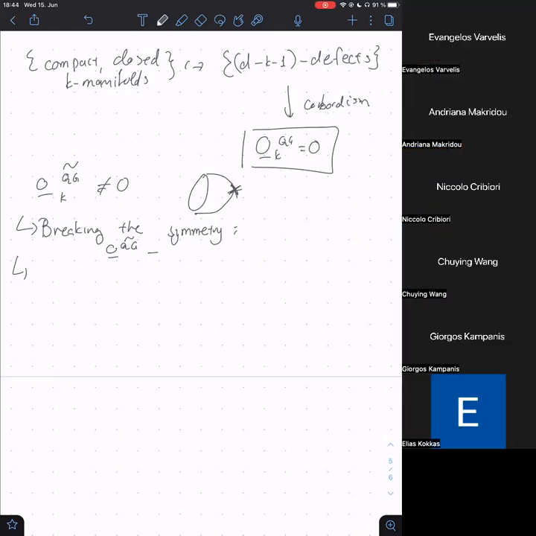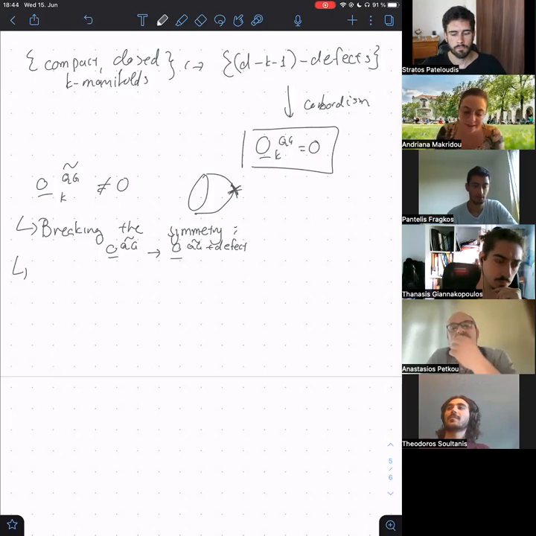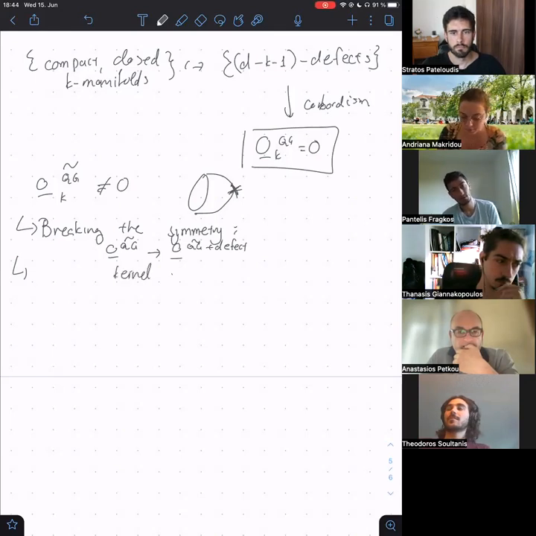Okay, so to write down more explicitly what this is, the breaking is saying that you include the defect, so you change your structure to some structure that includes the defect. And effectively, the classes that are in the kernel of this map, I don't know, let's call it rho, these are the classes that are being killed.